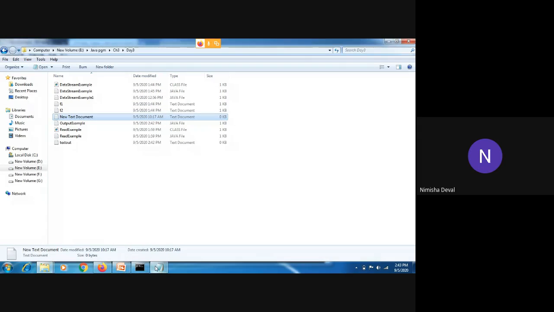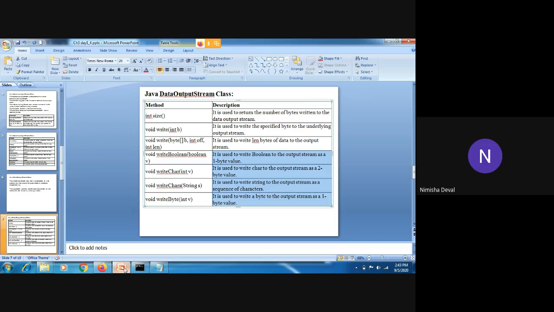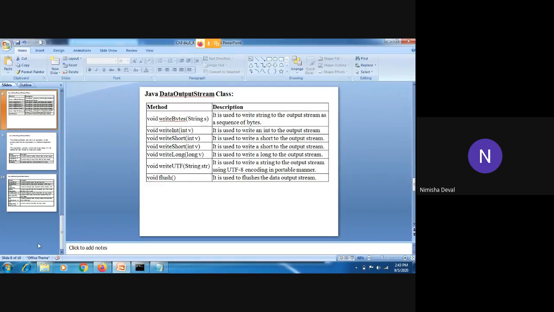Now see. First, I will explain the program. File output stream. We have created its object, and through this object, we are accessing the output file text. Okay. So next, data output stream. First, we have created the data output stream, and likewise, in the constructor, we have provided the name of that output file. Okay. Then, what do we have to write in our file? Write int. I will show its method first. The write int method is there. Okay. I have mentioned only the write int method over here. These are the remaining methods from this.